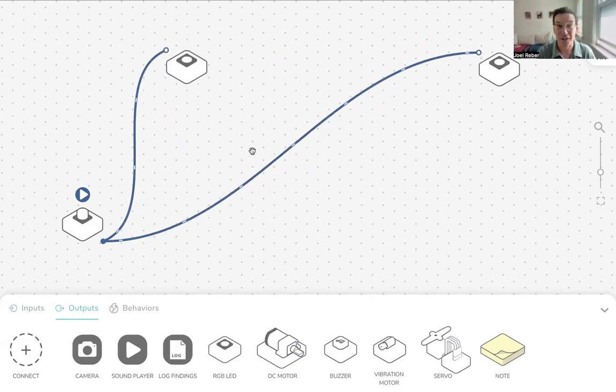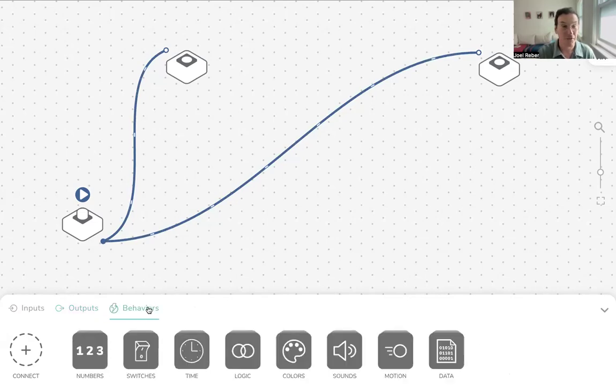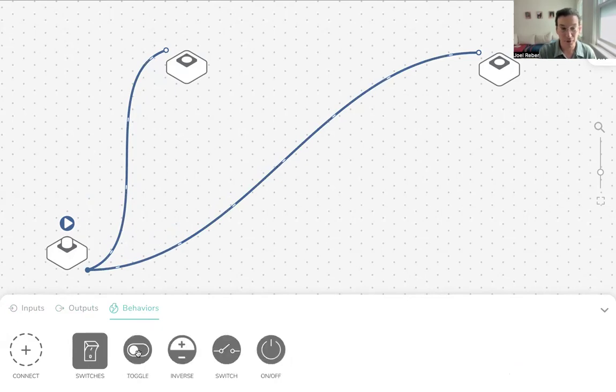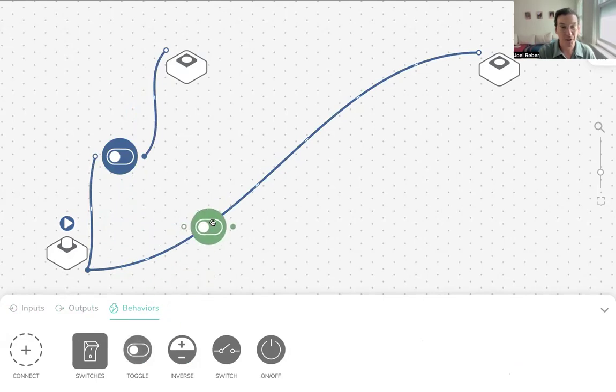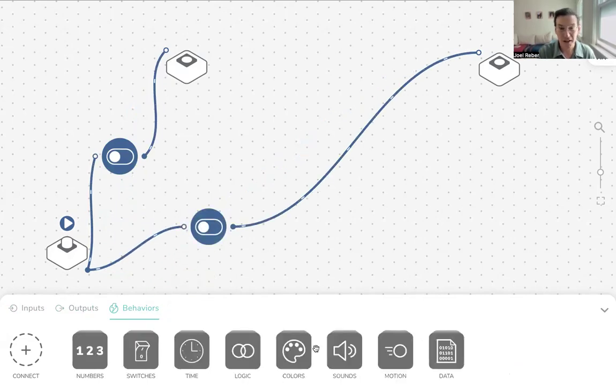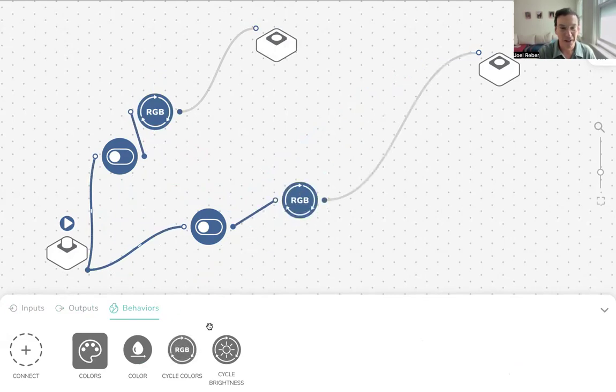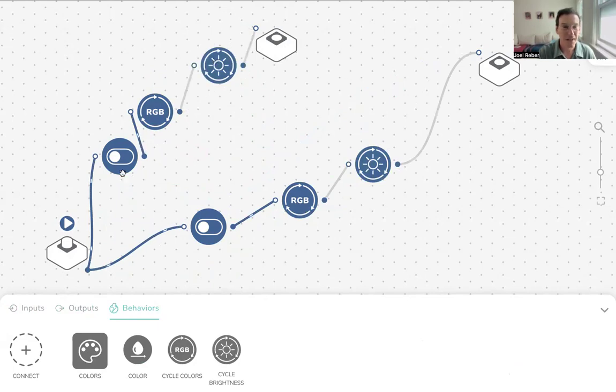So our theme park entrance is going to have some great lights. But I do want those lights to stay on and flash after I press my button activating them at the top of this theme park entrance here. So I am going to need some behavior blocks. I'm going to need a toggle switch on both of these so I can simply press the button and have it toggle on. And then I'm going to add a color cycle so that the colors keep changing on the blocks. And I'll add the brightness cycle as well, so they light up and dim. And now I'll toggle my system on,